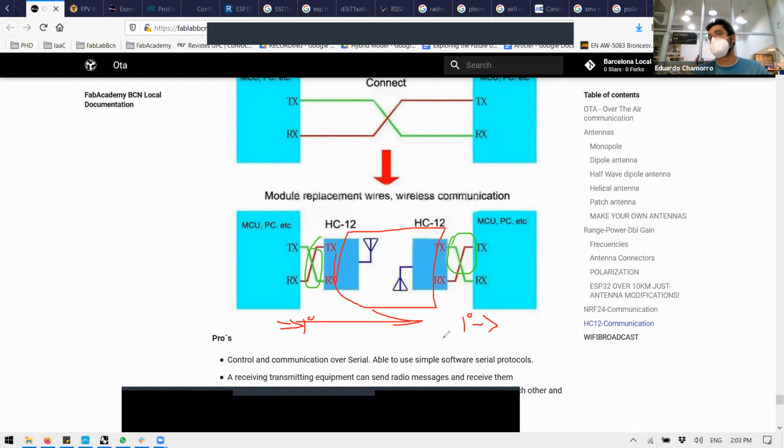Super fast. What happened? If you're sending the message, the other might not have listened. How do you confirm that the message has been acquired properly? That's basically the communication protocol that you need to embed on top. How do you confirm the messages between each other? So, for example,